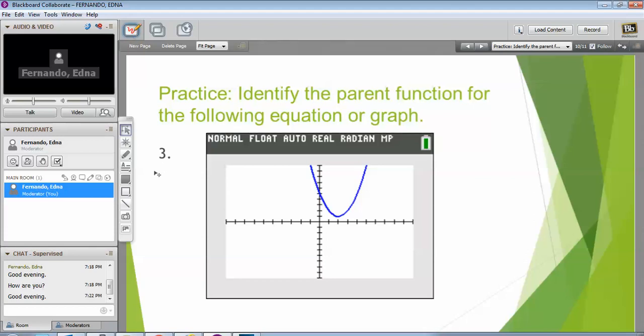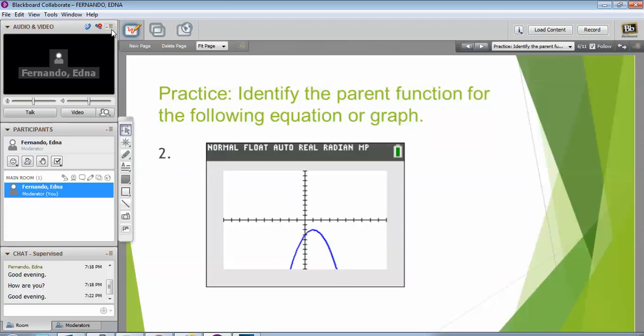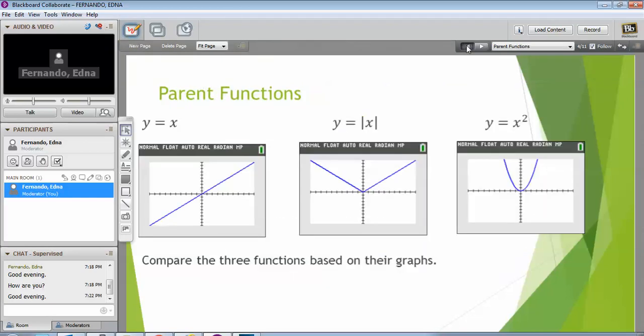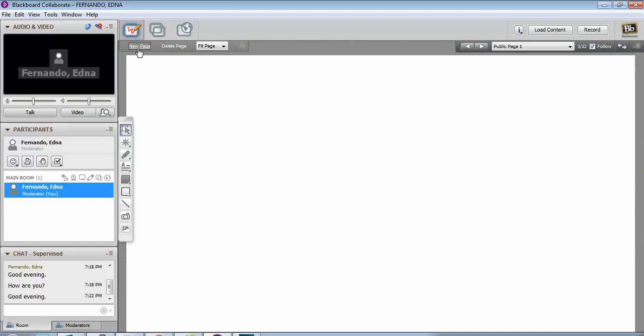I can create, so I'm done with the URL. Now I want to create a new page, but hang on, let me see first. I'm on the first page of the PowerPoint I just loaded. If I want to create a new page and I want to be able to write on a whiteboard, I can just double click on this,